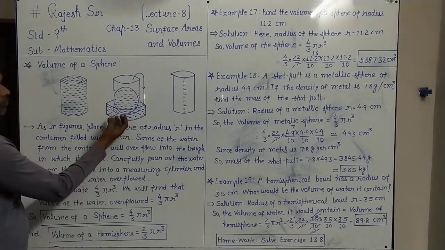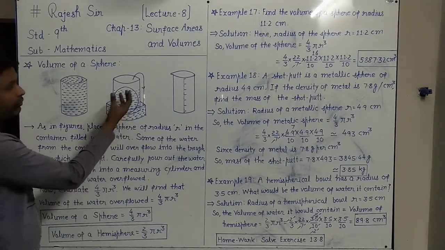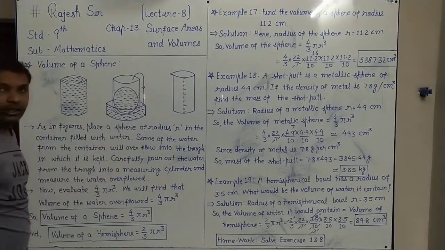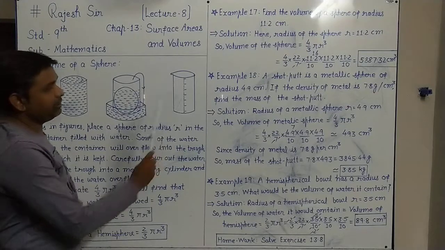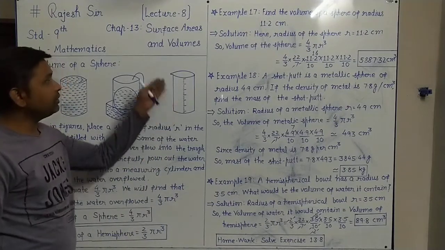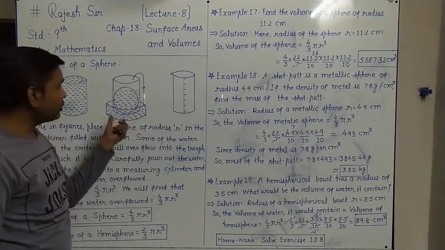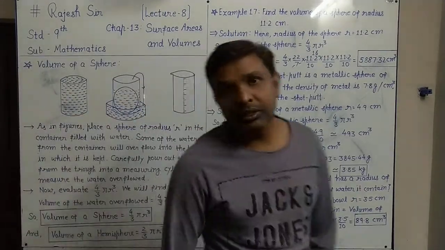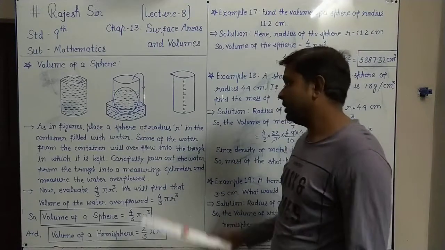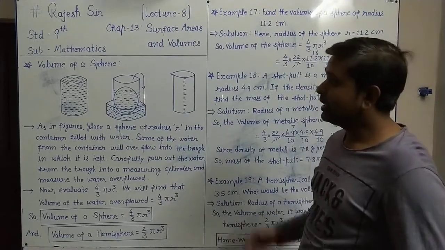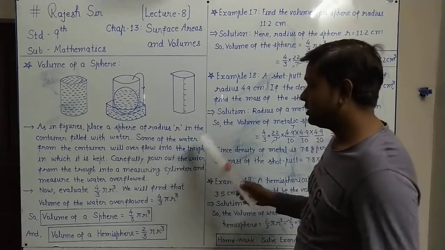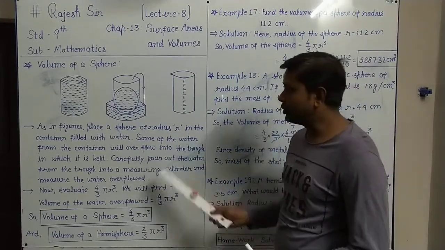Now, carefully, this water of the trough, which is the overflowed water, we have to pour into the cylindrical measuring vessel. Measuring vessel means it will measure how much water has overflowed. Right? Then, what to do? Let's see. Once again, the activity as I explained, everything is written here, so we will go through it.